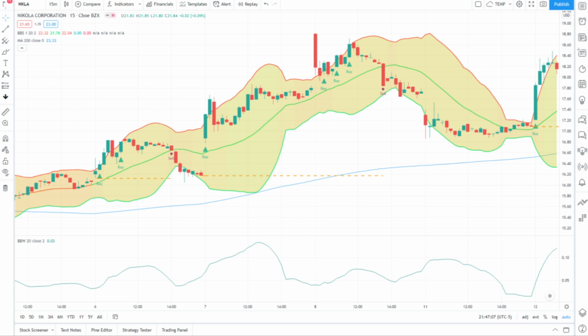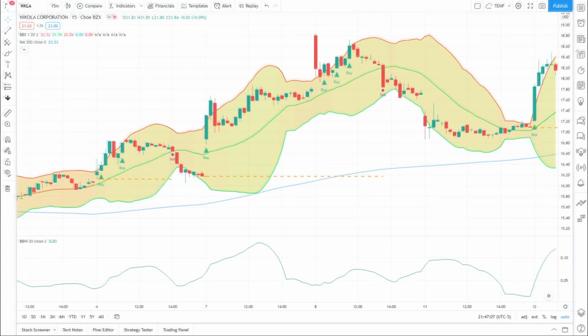We must also ensure that we do not let the position move against us by an unreasonable amount. To keep our losses contained, we are going to set a stop loss at the lowest point of the candle prior to the candle from which our buy signal has been given. This means if price moves lower than the lowest point of the candle before our entry, we will close our position immediately. As an added feature, our Bollinger Squeeze indicator will automatically plot the correct stop loss price on your chart. Let's recap both our entry and exit conditions, and then we will go through an example together.